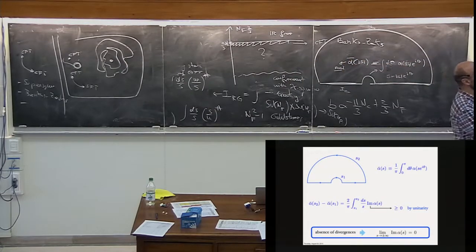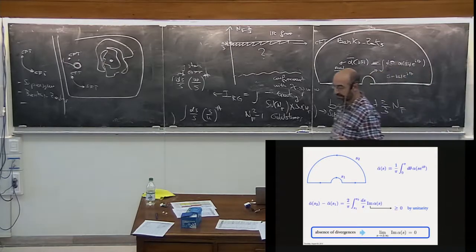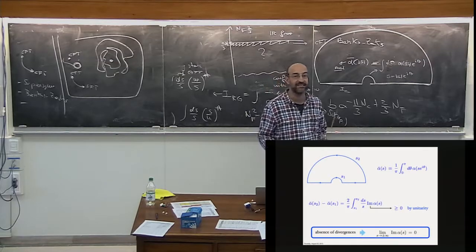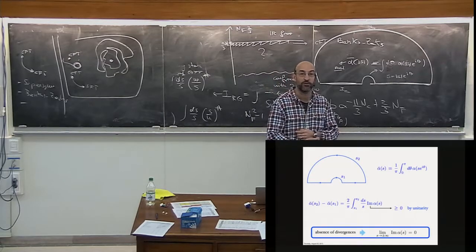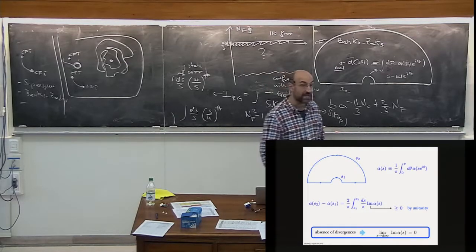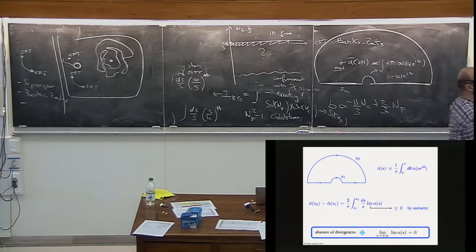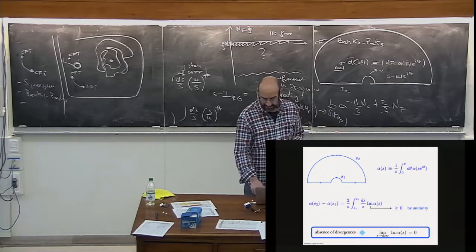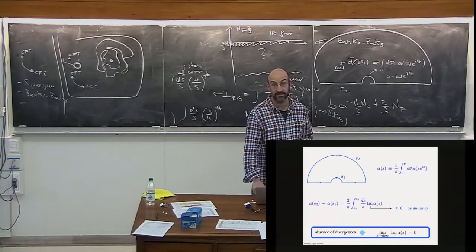So the net result is that since this integral here is the difference of two finite quantities, it must be convergent both in the UV and the IR. So that means that the asymptotic behavior both in the UV and the IR of this imaginary part is 0. Okay? And that simply follows from the absence of any counterterm that could allow me an interpretation of a divergence. And now it turns out that the vanishing of this imaginary part